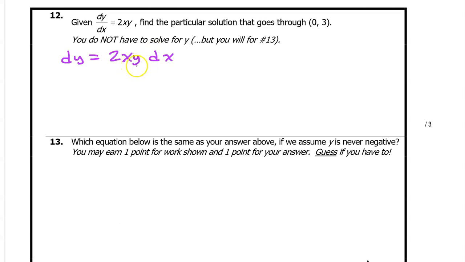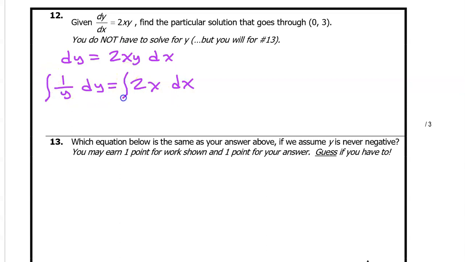So I would like to get this y over on the left. So I'm going to divide both sides by y. So over on the left, I will have 1 over y dy is equal to 2x dx. Now that we have the y's on the left and the x's on the right, we can integrate both sides